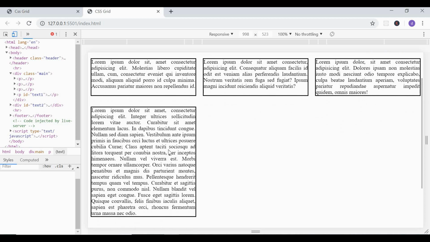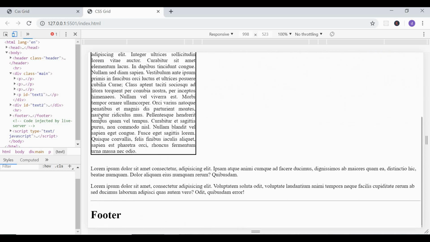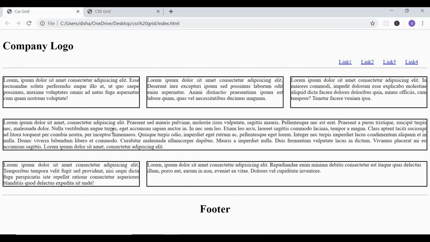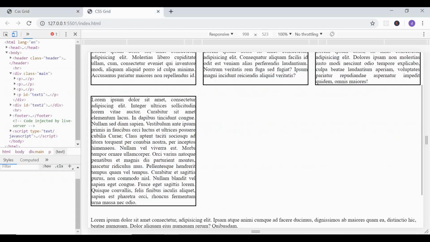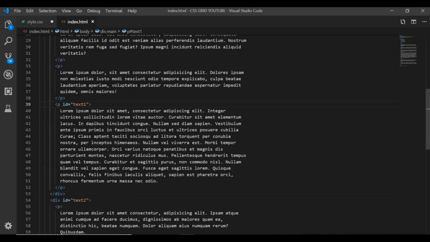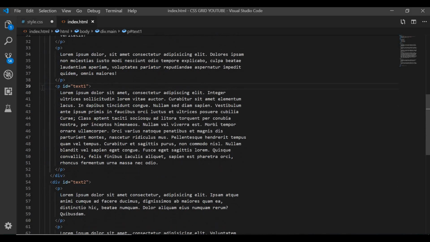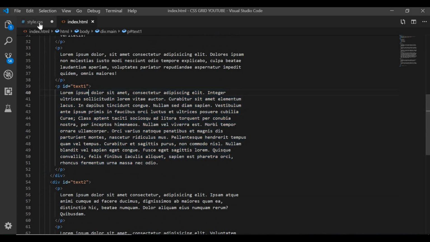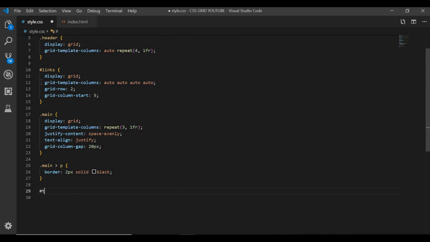Next, we'll move on to our second row, which is this one. Right now it is spanning only 1 column, but we want it to span all 3 columns, something like this. So for that, I'll go back to my code editor. In my index.html, you can see that this is the paragraph we are talking about, and it has an ID of text1. So I'll write #text1,